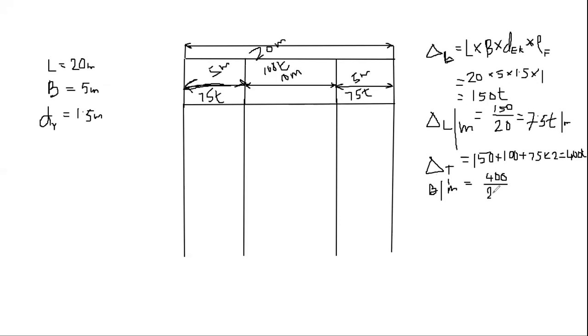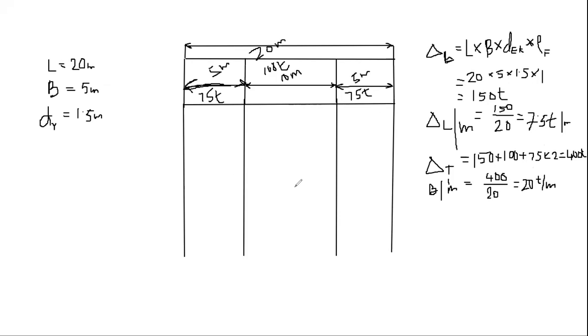So we can calculate the buoyancy per meter, which will be 5 tons per meter. So we are calculating in terms of mass. Because g is constant, we can multiply by g at the end to find the kilonewtons. So this is 20. This will be 20 tons. So the buoyancy is known to us.